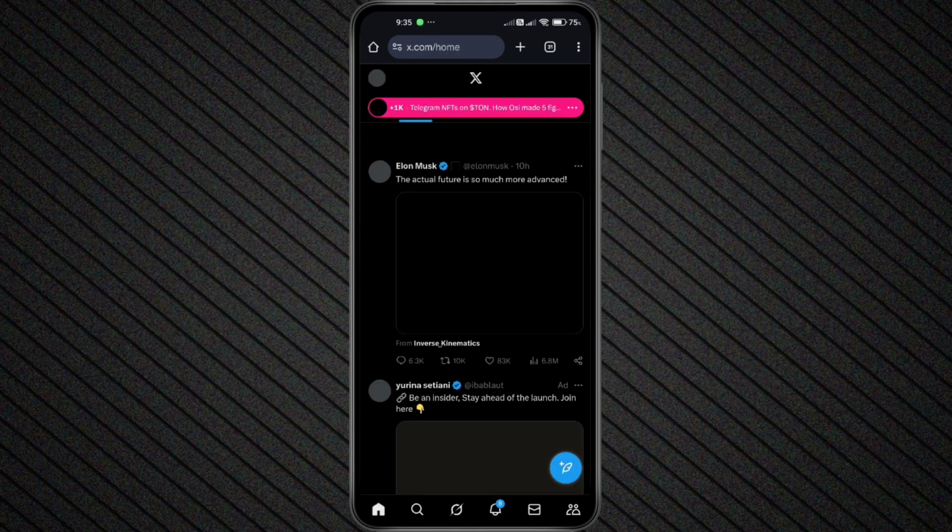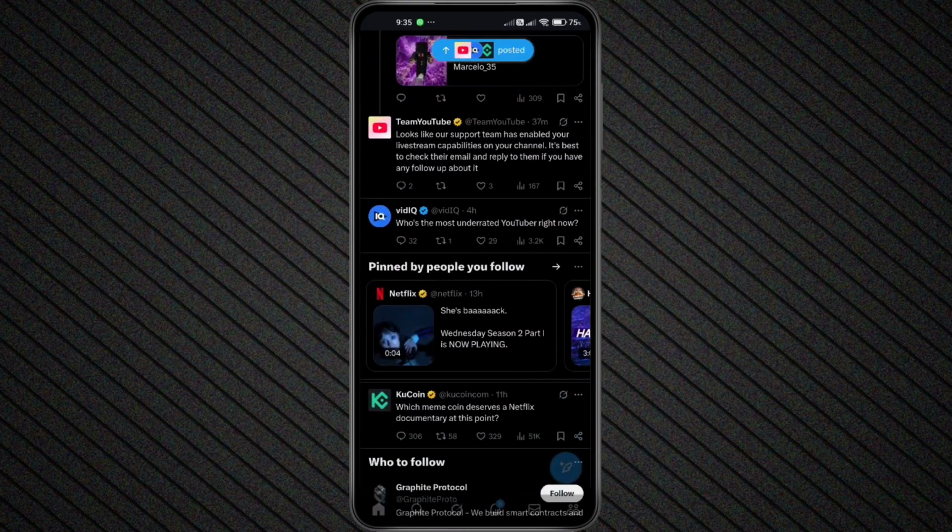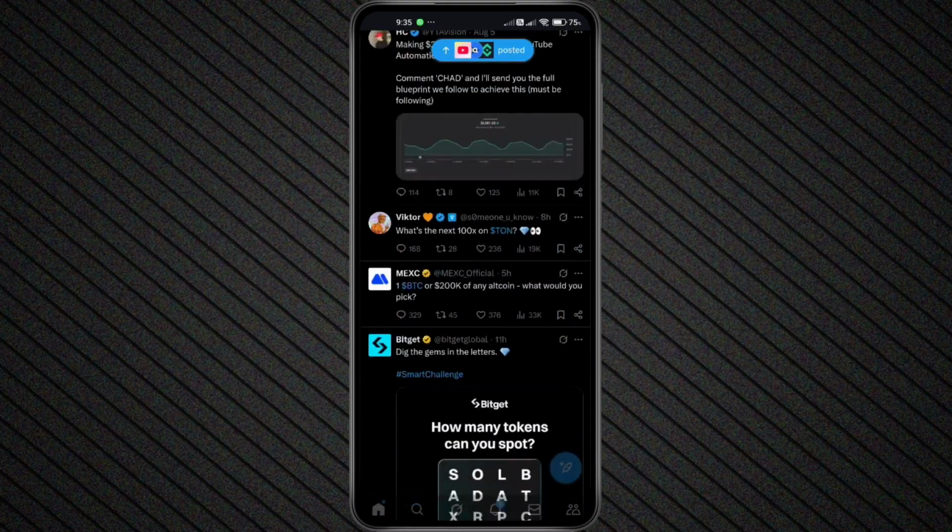And that's it. By updating your birthday and enabling that setting, you've successfully turned off age restrictions on X. You should now be able to view all posts,